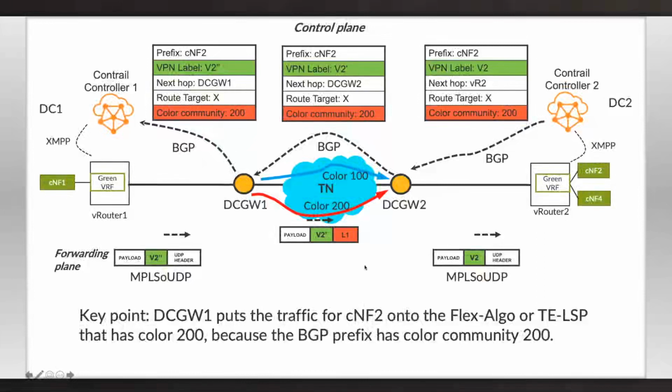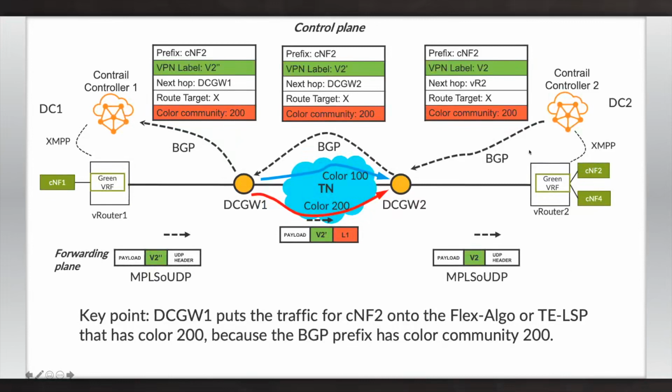So this is a cross section through that same network, where that data center on the right-hand side, we're zooming in on one compute resource. We're zooming in on the green virtual overlay network. And what you've got typically on the compute resources is a virtual router, a software-based router, which has separate VRFs for each slice. So we've got the green VRF highlighted here, and you've got these containerized network functions, which act as CEs from this layer 3 VPN point of view. So they're the CEs from the point of view of this green VRF.